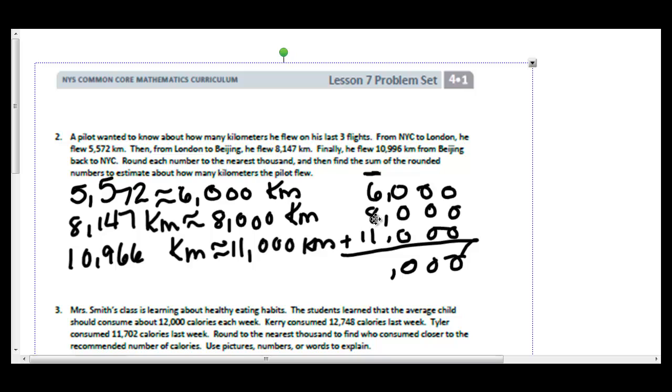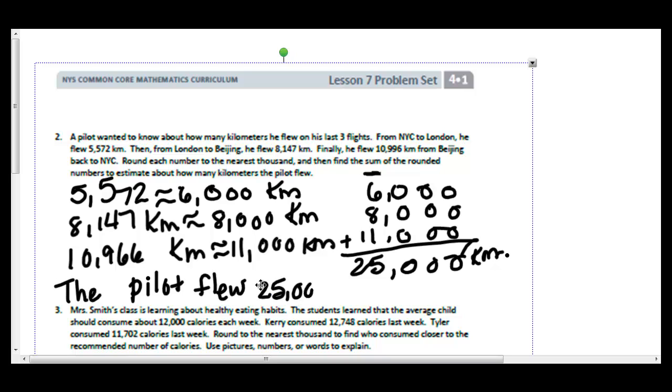It's 14, and then 14 plus 10 is 24. I'm going to write my sentence. With the yourself, and then when you're finished, you're going to